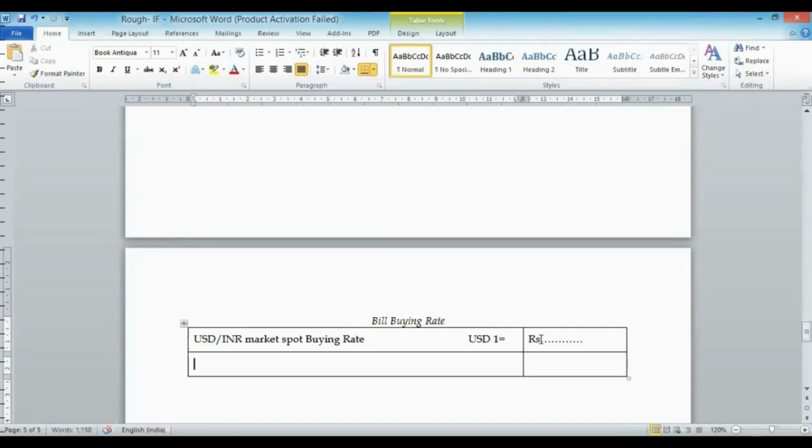Then it is a bill buying and bill buying concept. So we will have the concept of forward premium or forward discount also. So suppose we have forward premium. So add. I always said premium has to be added to the spot rate. Add forward premium. And also we have said that usance and